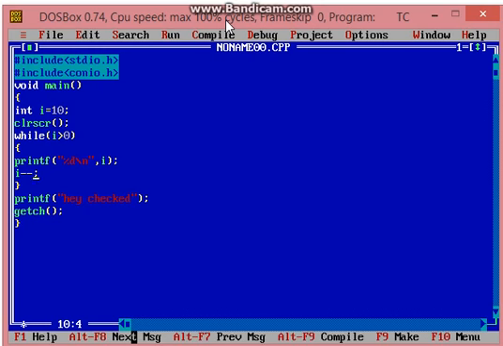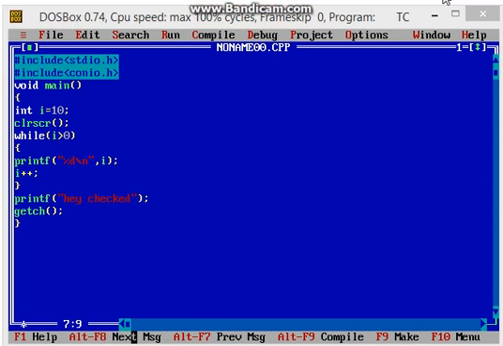And suppose I write here i plus plus, then what will happen? We will get a runtime error, because every time the value of i will be incremented, and here i must be larger than 0. So i will always be a positive integer, and the loop will continue up to infinity. So we have to take care about the logic we are using in the while loop.